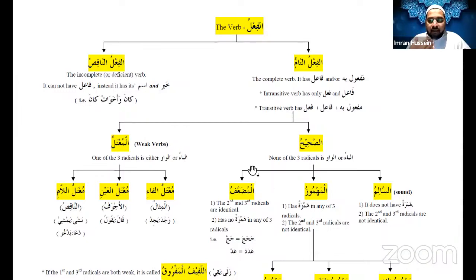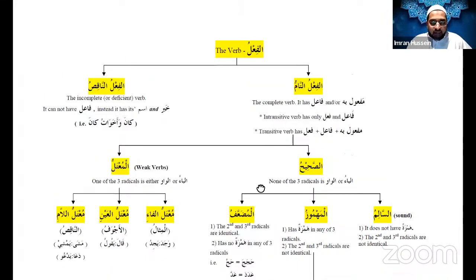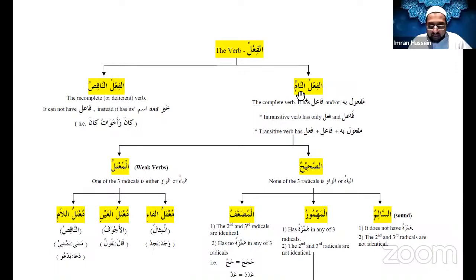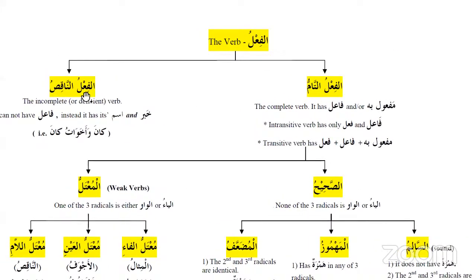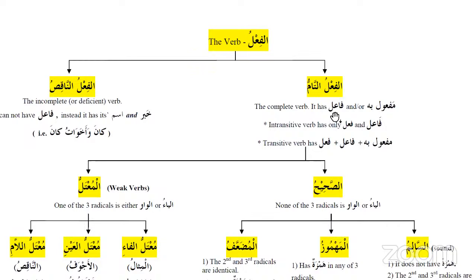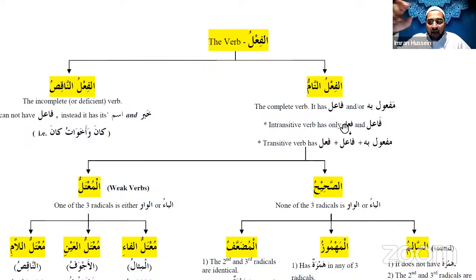Okay. If things are not settling in, then we need to have a chit chat. So the verb. There are two types of verbs. What are the two types of verb, Doctor? Fi'l tamm and fi'l naqis. Correct. And when you have a fi'l tamm, what are the specialities of that verb? It's a complete verb. Correct. How many different types of scenarios or compositions of the complete verb do you have?